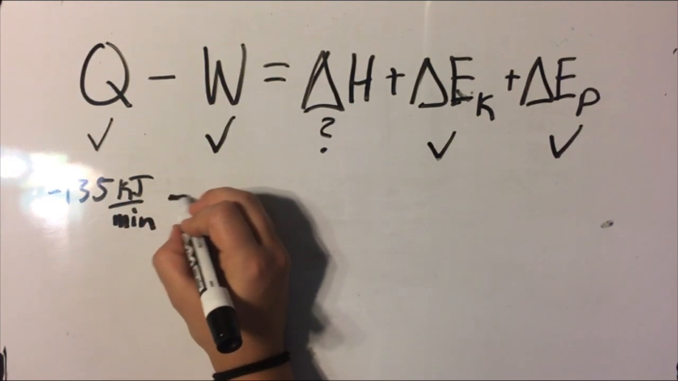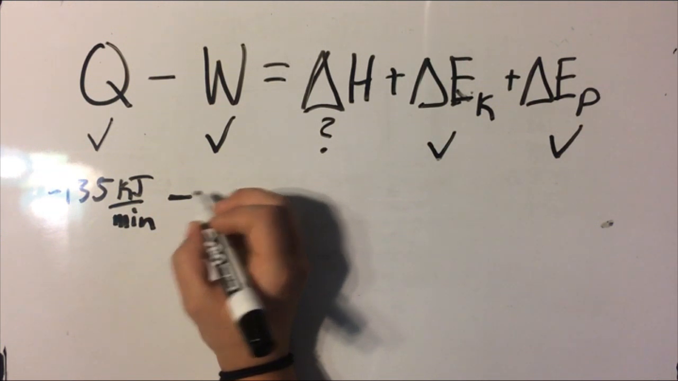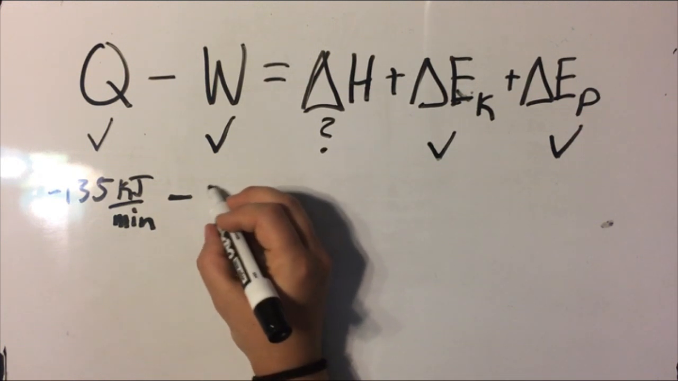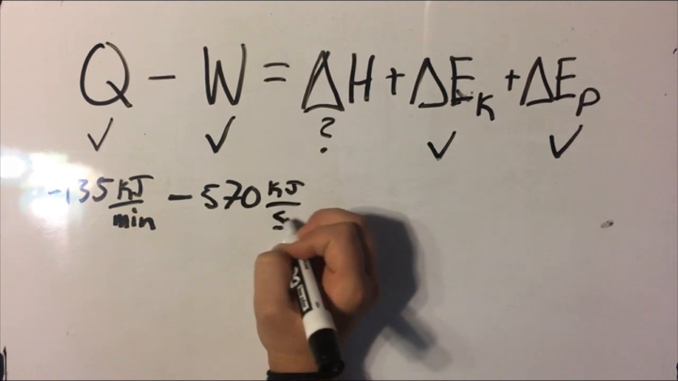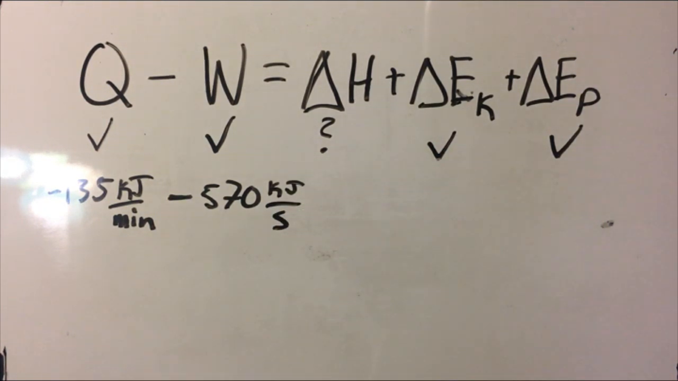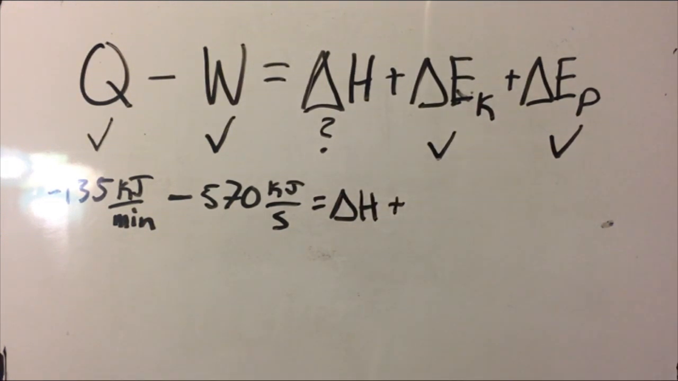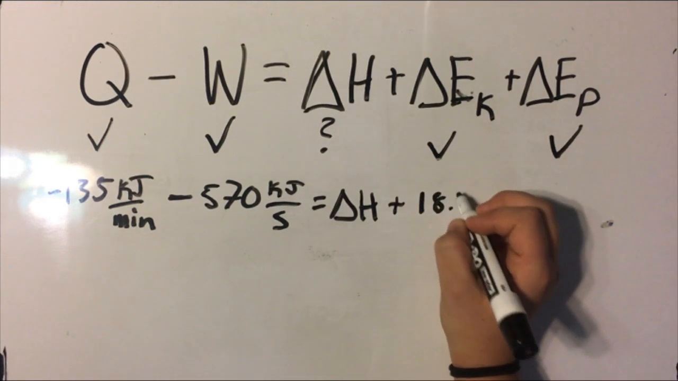Then we're going to subtract our work, which is our 570 kilojoules per second, which is just the equivalent of kilowatts. That's going to be equal to our change in enthalpy, which is what we're trying to calculate, plus the changes in energy that we calculated earlier. So 18.2 kilojoules per kilogram